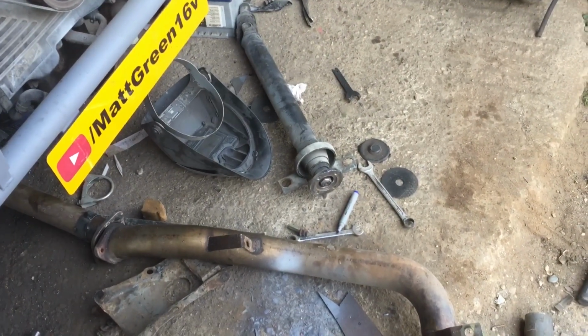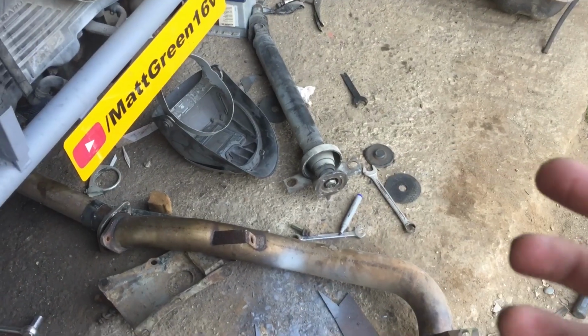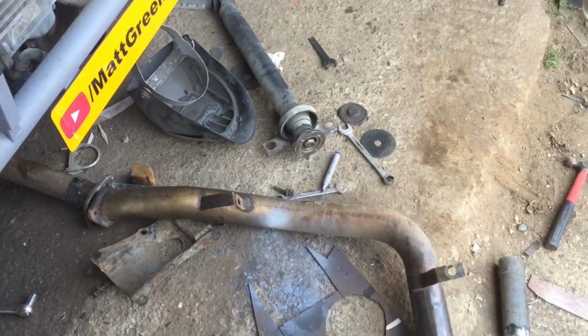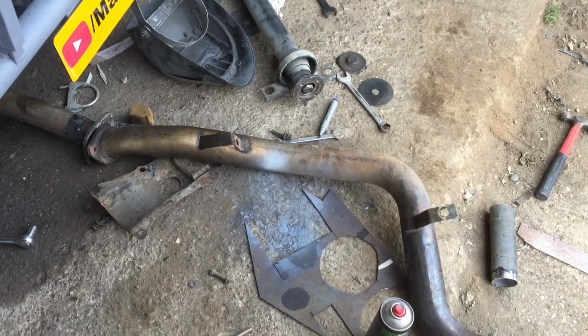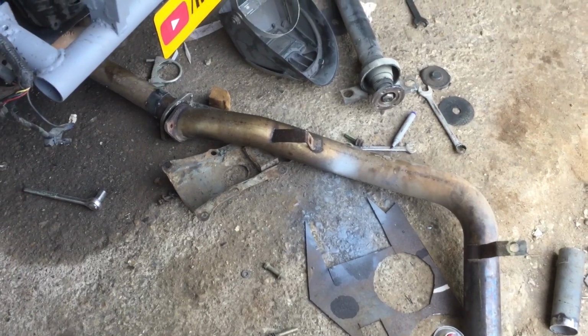Because I've got half a prop shaft here. I thought I had a whole prop shaft, but actually this one's got a join in it. It's got a flange, where the other Subaru shaft I've got is two shafts, but the connection in the middle is welded. So you can't split them into two, unbolt them. So something's not quite right, but we'll have to do a bit of